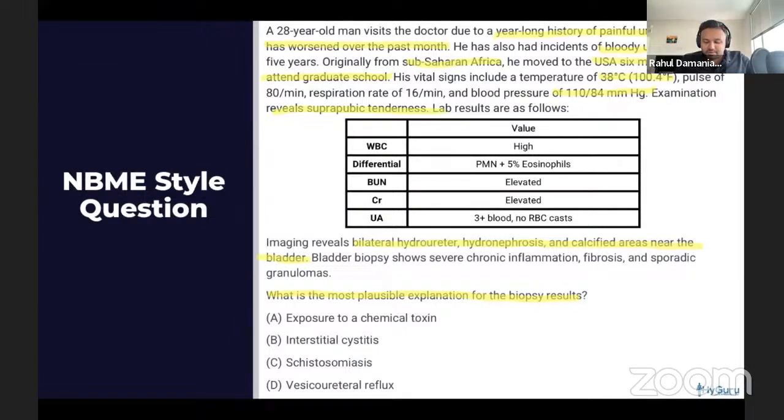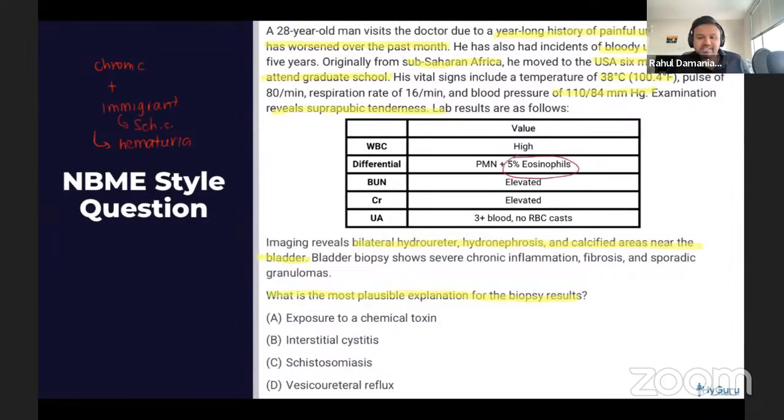Excellent. So this patient is going to have a chronic tempo to his disease. This patient is also going to have risk factors such as being an immigrant. The patient is going to have longstanding hematuria. And especially in the setting of being an immigrant, he may have actually picked up a parasite, schistosomiasis, and that's